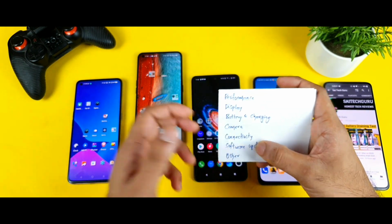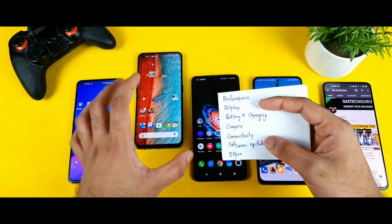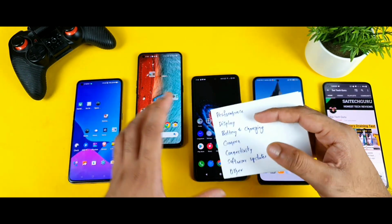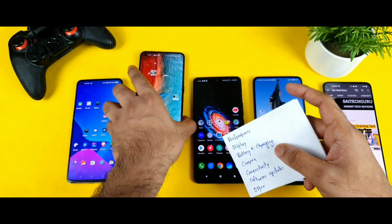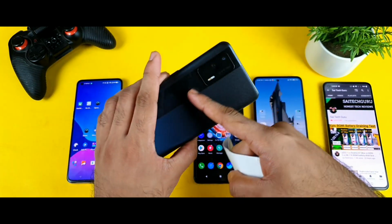Next, software updates. We do know how Realme provides software updates. I've been trying to use a few Realme phones for 2 years, and in terms of software updates, I did not have any kind of problem with the Realme phones particularly. So next, other factors include having the 3.5mm jack, having less weight, having a different kind of design